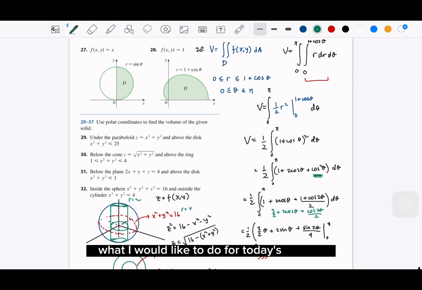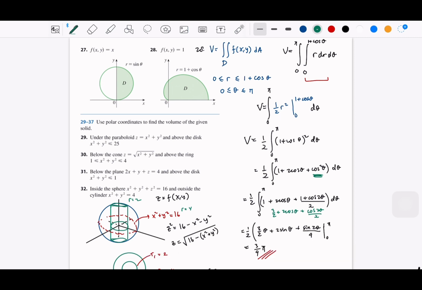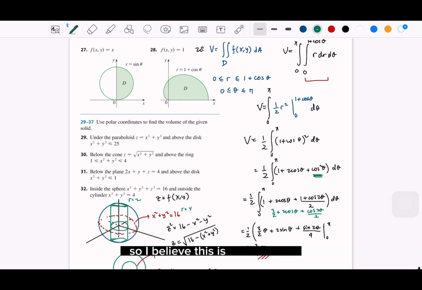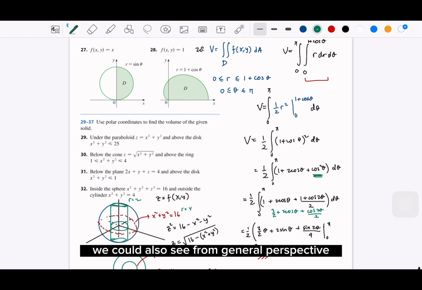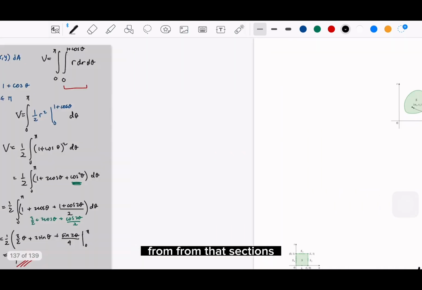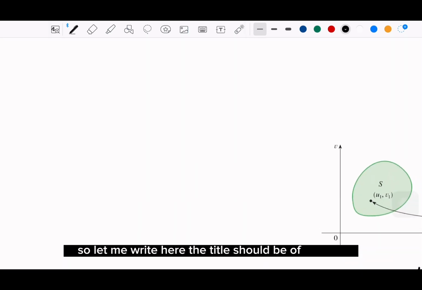What I would like to do for today's class is move to the next section, which is the change of variables in multiple integrals. I believe this is also related to how to convert from Cartesian to polar. We could also see from a general perspective what we call the transformation of Jacobian, or Jacobian transformation. So let's start from that section. Let me write here, the title should be change